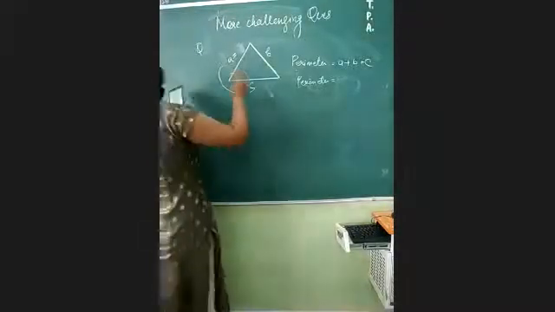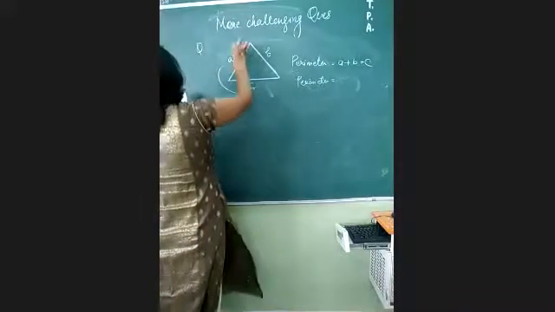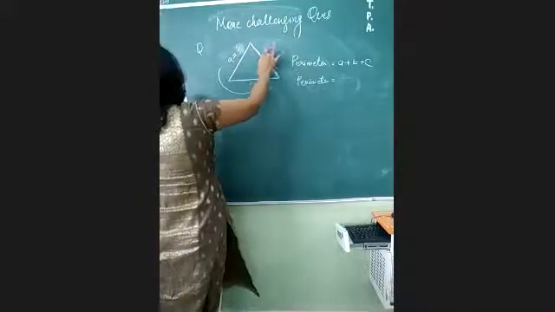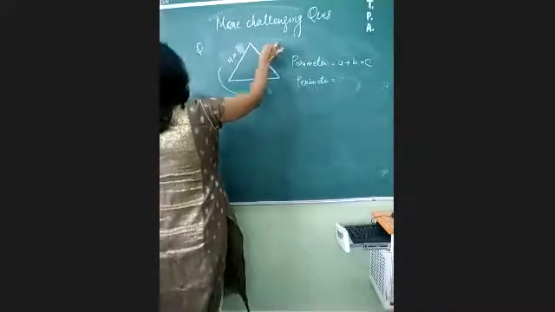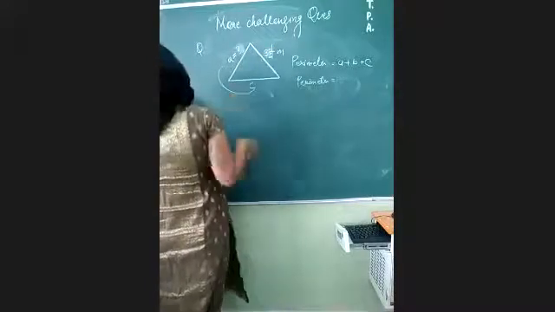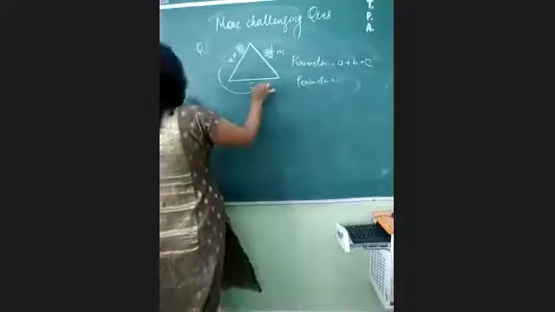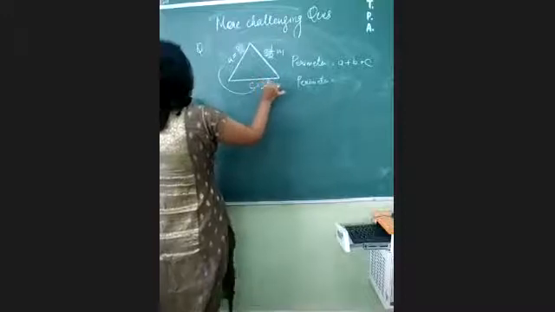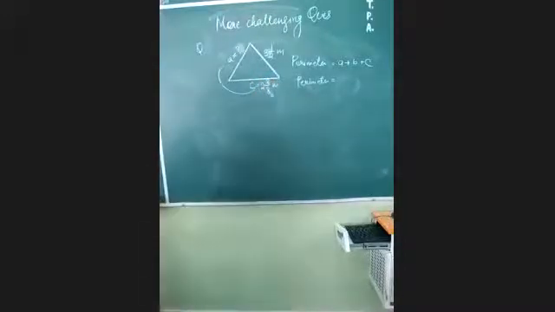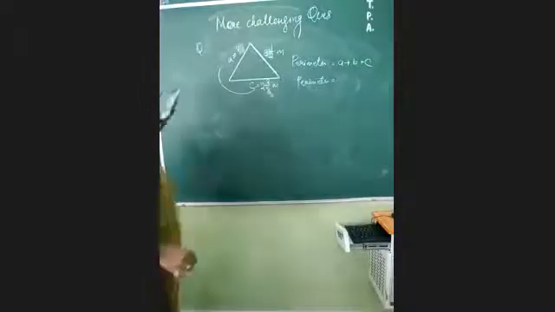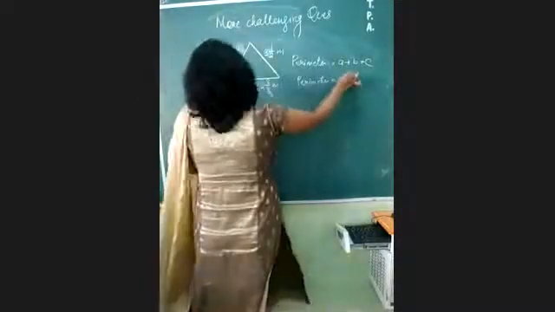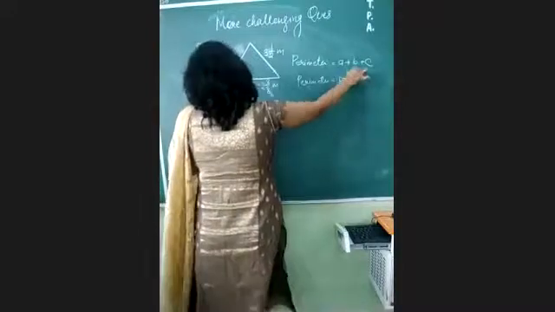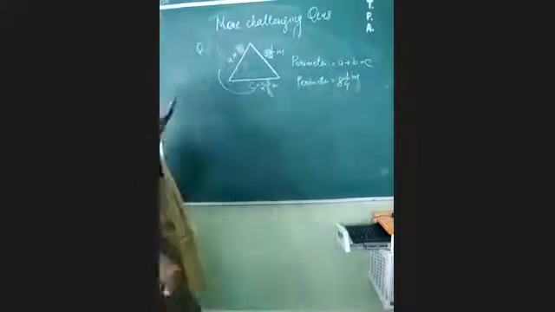Here, Ma'am, we have to make a triangle. Yes, you have to make a triangle. It is already drawn in the book. It is given 3 whole 1 by 2, and here is given 2 whole 3 by 8 meter. Okay? The third one is missing, and the perimeter is given here, 8 whole 1 by 4 meter. Okay? This is given here.